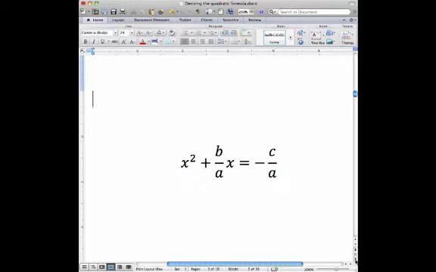Now, a perfect square trinomial is a trinomial that factors into two equal factors, such as x squared plus 6x plus 9 factors into x plus 3 times x plus 3,